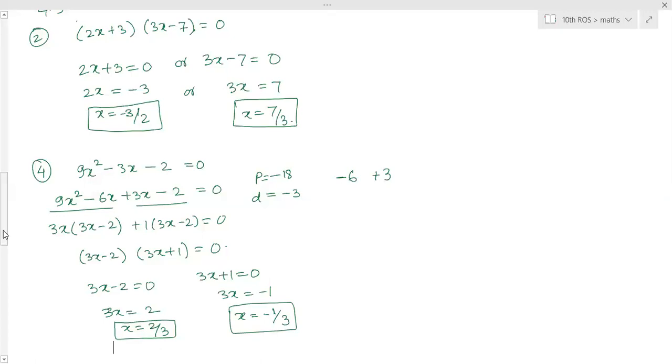62 questions you are solving from this part, and then solved also along with it. Ma'am, when I did it with the quadratic formula, I got 3 by 4 and minus 3 by 8. Which one? This fourth question. No, you have done it wrong.